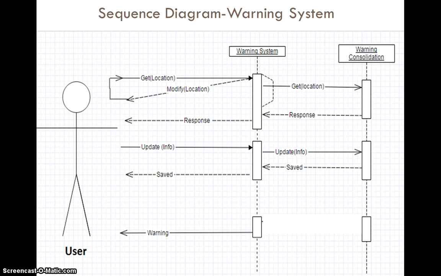Also, the user can update any warning, so that anyone who wants to go to that place can check the warnings, be aware, and take any precautions if necessary. We also have alerts, like warnings arising from the system, which are not user oriented, not originated from the user, but from various government agencies.